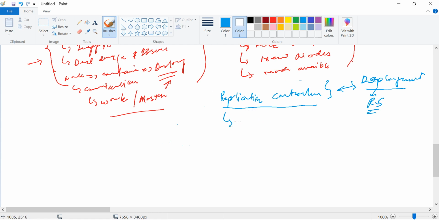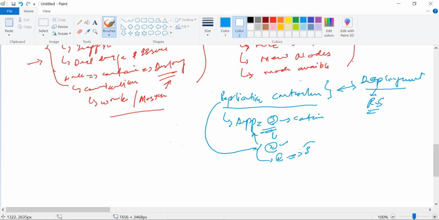If your app requires 3 containers and something goes down, so it comes up with only 2, the replication controller is responsible for bringing the container count back. The required number is 3 but now it is 2, so the replication controller automatically launches one more pod and it becomes 3 again.